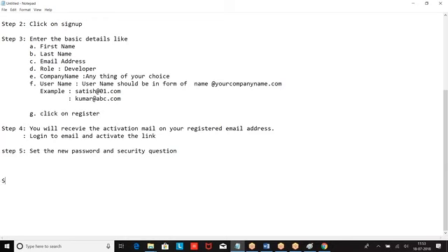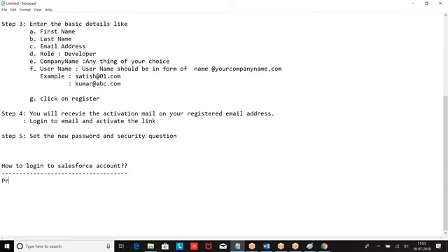Next we had how to log into the account. If you want to log into the production, we are supposed to use https://login.salesforce.com. If you want to log into the sandbox,